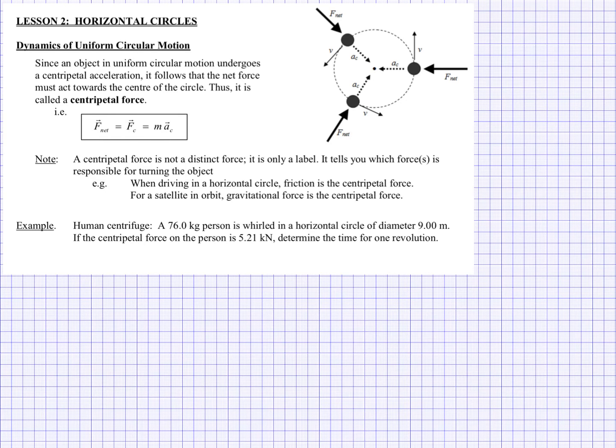Hello everyone, another quick video here on circular motion, this time lesson 2, and we talk about the horizontal circular forces. So we're bringing in this idea of dynamics. As previously stated on prior videos, in circular motion the velocity at any given point in time will be tangential to the circle, which means in order to continually change that velocity, there needs to be an accelerating